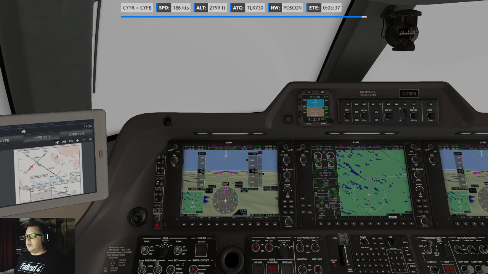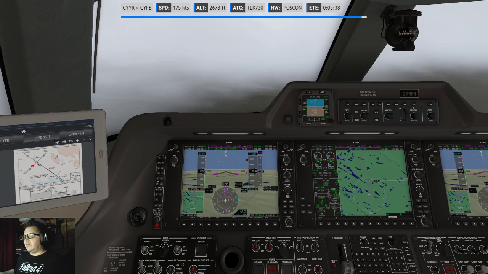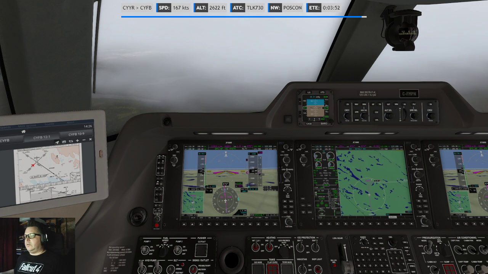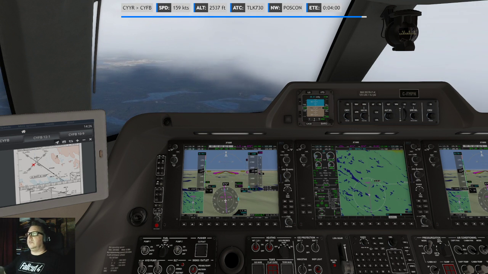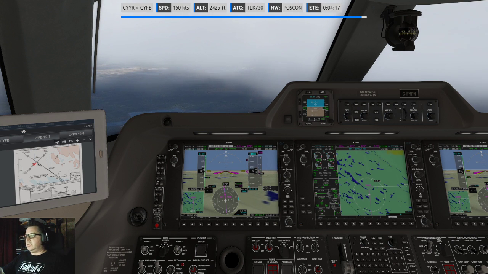And gear down, more flaps. Yes, yes, yes, you're gonna slow down anyway. Wow, man. Spicy landing incoming.